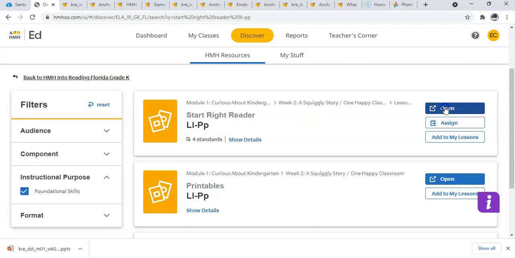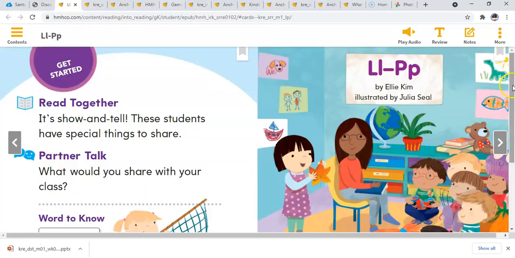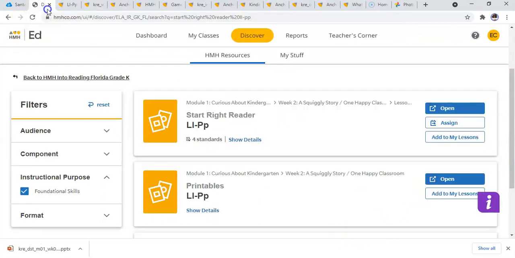This looks just like the one that you have 6 student copies of. And you can actually project this and the children can point to it just like the hard copy book, or the kindergarten kids that I showed you earlier. The other thing that I found and I really like is you have a printable version. And so when I open this,